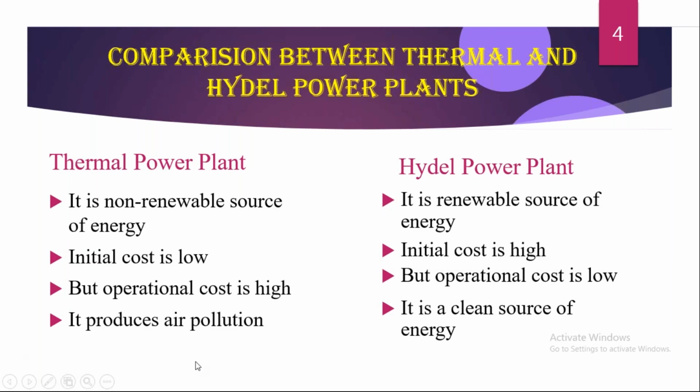Next, you are already aware of the difference between thermal power plant and hydro power plant based on running cost, fuel availability, whatever it may be. So let me again tell you the main comparison. These 4 parameters are involved in the optimal scheduling. The first one is that in a thermal power plant, fuel is not a renewable source.